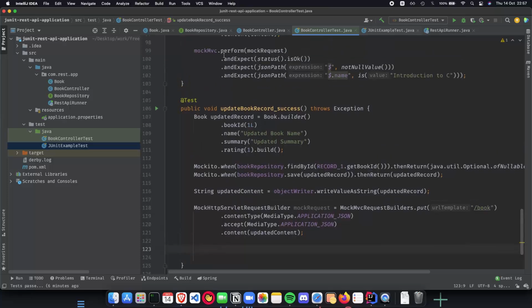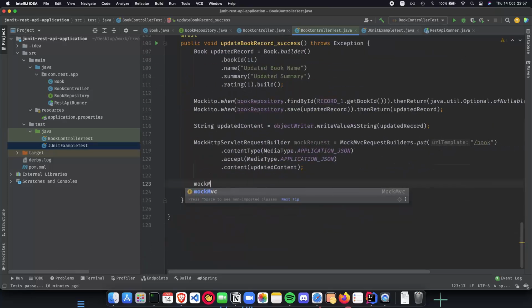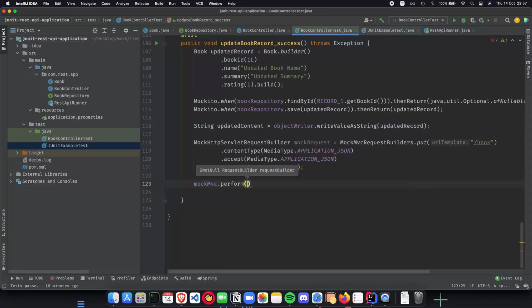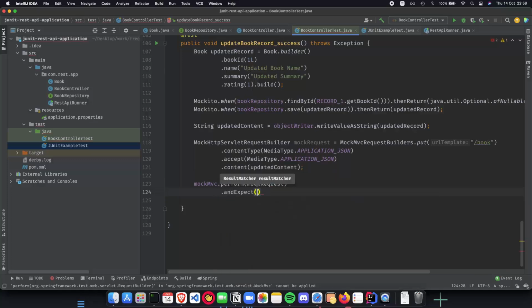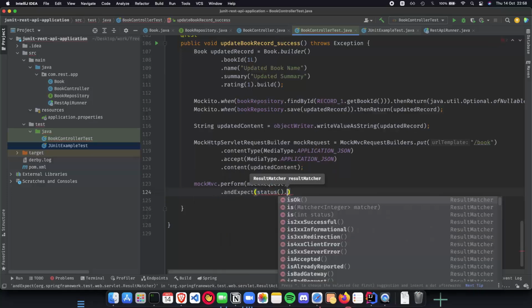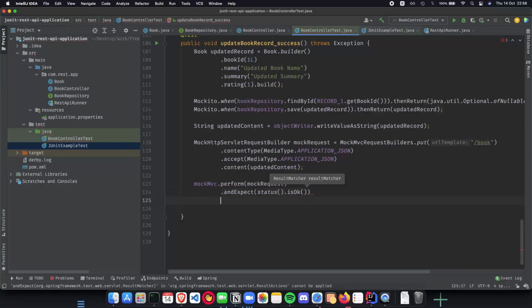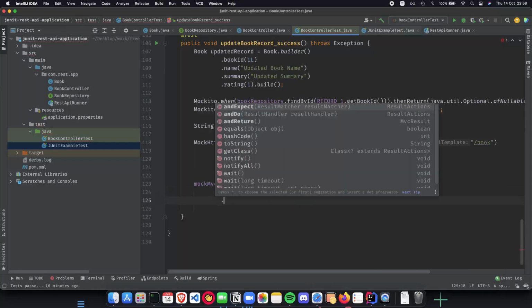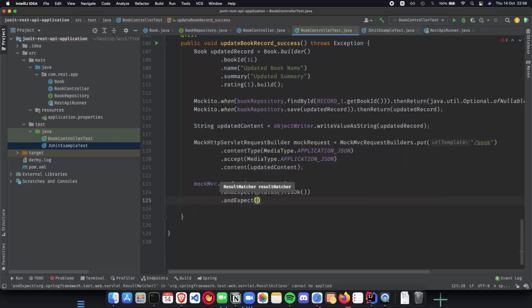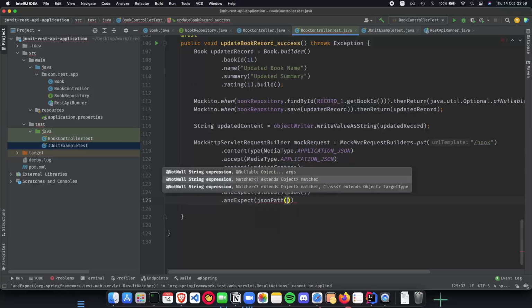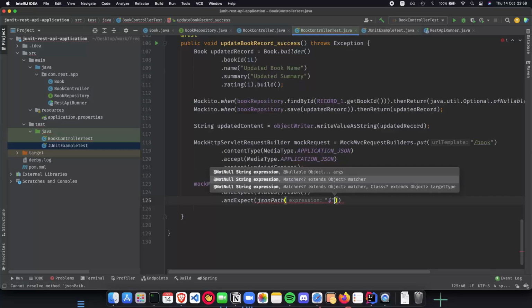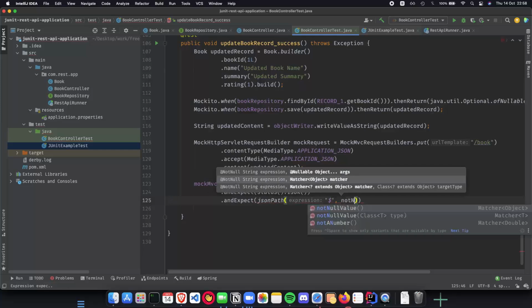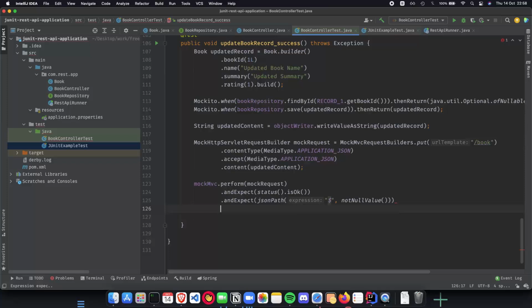So now we have our mock request ready, and the last thing is pretty straightforward, similar to what we had done for the post request, where we do mock MVC dot perform, and we perform the mock request. And once we perform the mock request, we expect something. The first thing which we expect is status to be okay. The next thing which we expect is that we should be returned something from it. So this is going to be JSON path, which will include the entirety of the JSON, and it should be not null. This ensures that we did get back something from